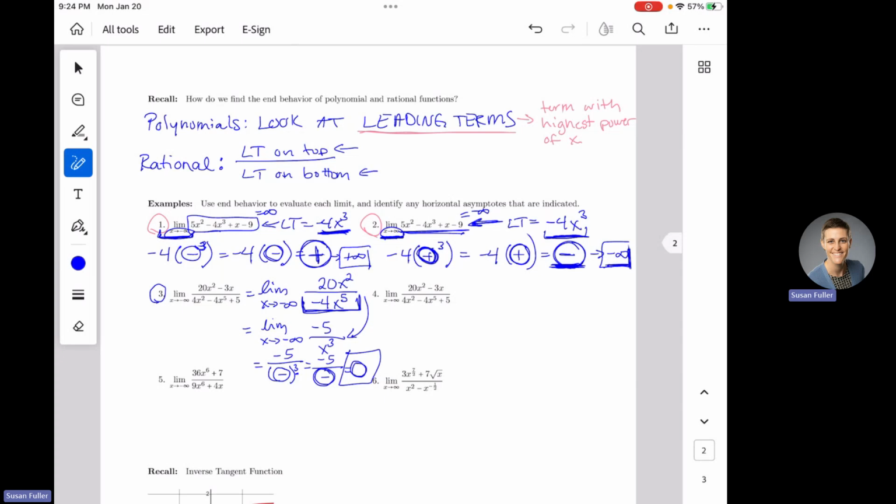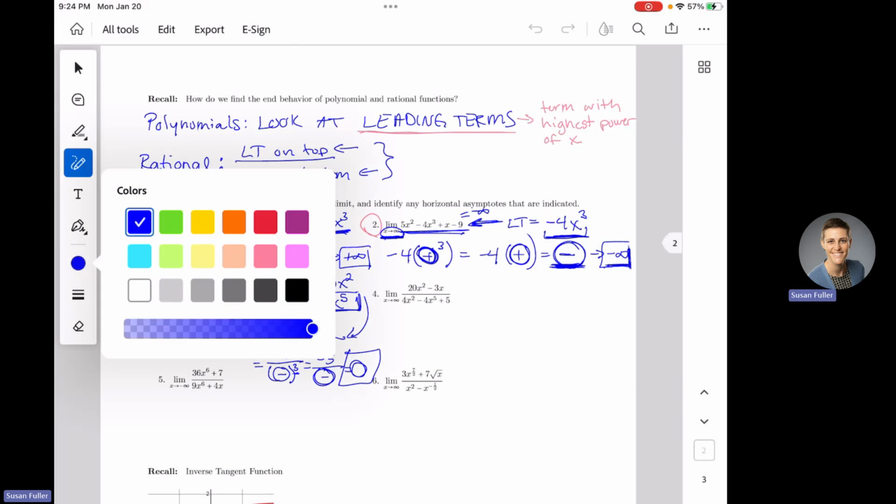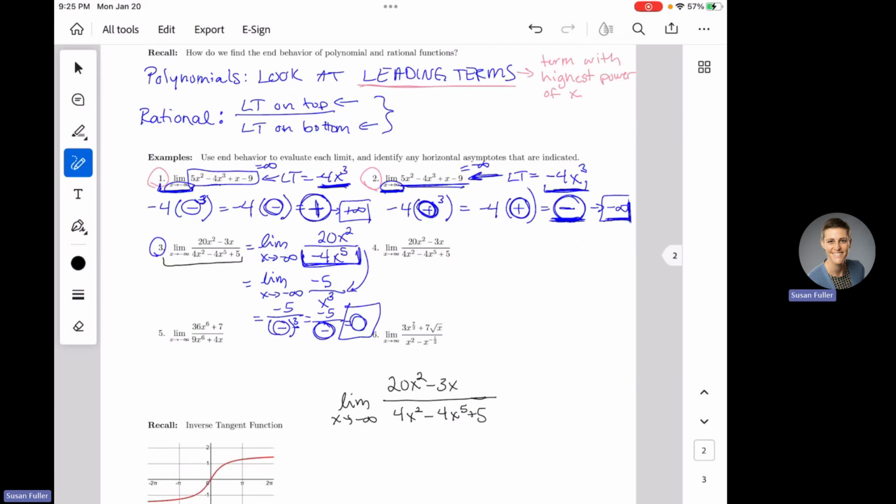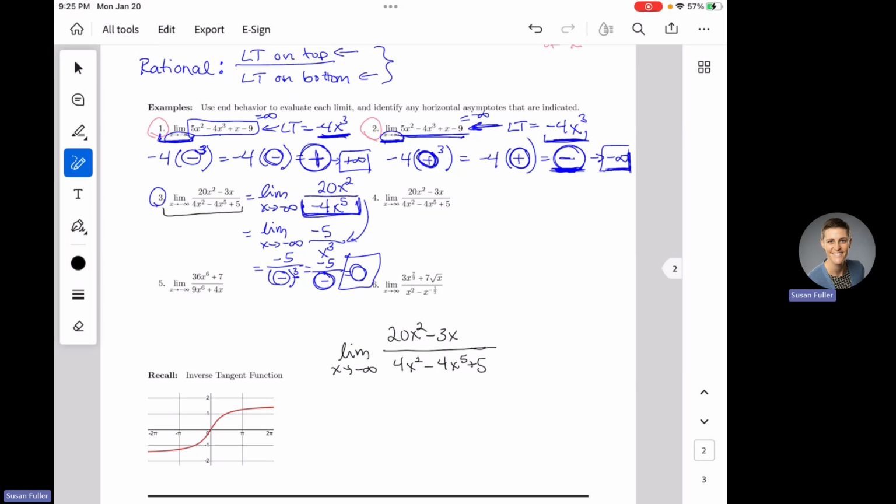Now, why can we just look at the leading terms on the top and the bottom? I want to show you the algebra that says why we can do this so that you don't just take my word for it. Technically what we're doing here is the limit as x approaches negative infinity, so we're starting with this. A lot of times, if you've taken calculus before, my guess is that you probably started out this way and did the algebra. If you look at any of the solution screens in Achieve, it's going to show you the long way here.